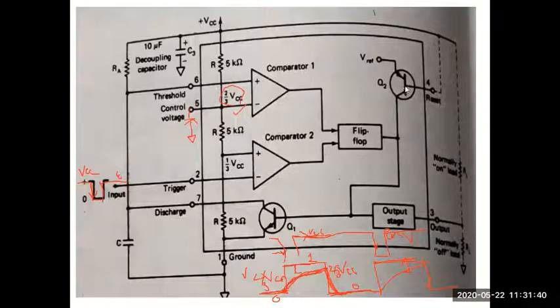And please remember, since we don't use the reset button or reset pin, you have to connect pin 4 to VCC. And at pin 3, if you want, you can connect a load resistance RL. There are two ways of connecting this RL. One is you can connect RL from pin 3 to ground. Then whenever the output is in logic high state, there will be a current flowing from this timer pin 3 to the ground through the resistance, right? That will happen whenever this is at high state.